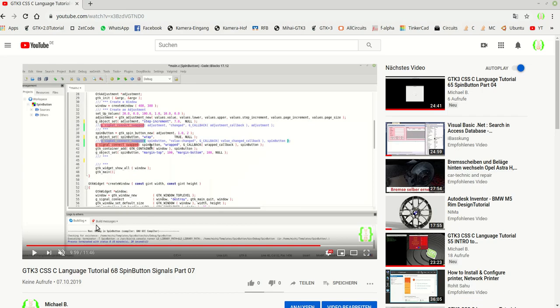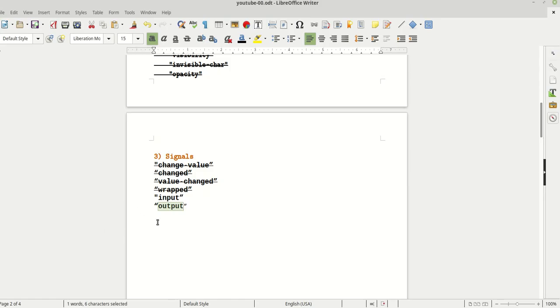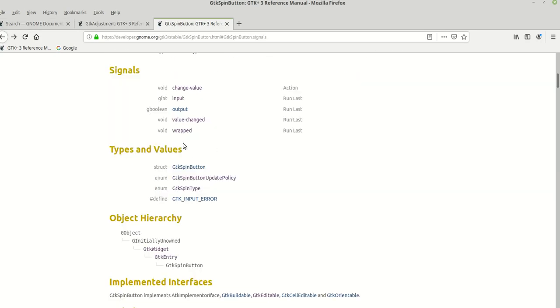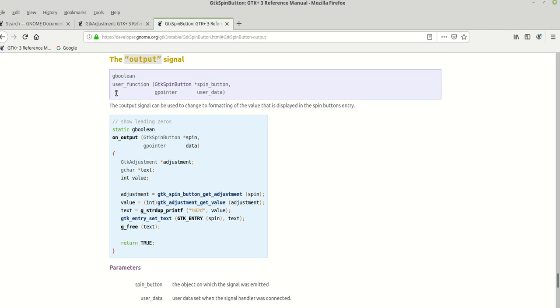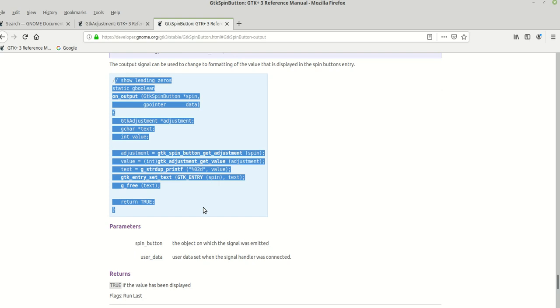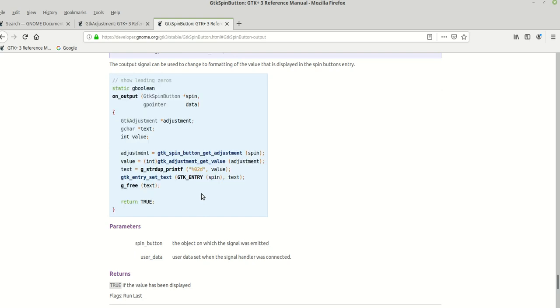Let's see what the manual says about the output signal, and it says it is a Boolean function which returns true or false. It takes two parameters. The first one is the spin button, the second is a user data pointer, and it says the output signal can be used to change the formatting of the value that is displayed in the spin button's entry. And here it provided us an example, so I will